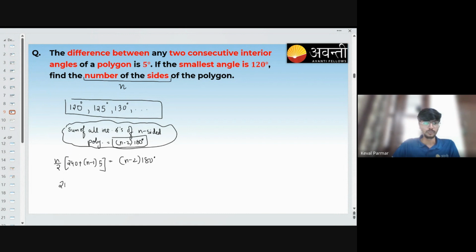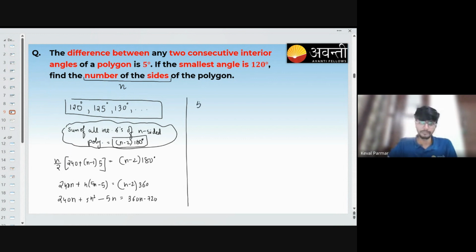So I'll get 240n plus n into 5n minus 5 is equal to n minus 2 into 360. What I'll get? 240n plus 5n square minus 5n is equal to 360n